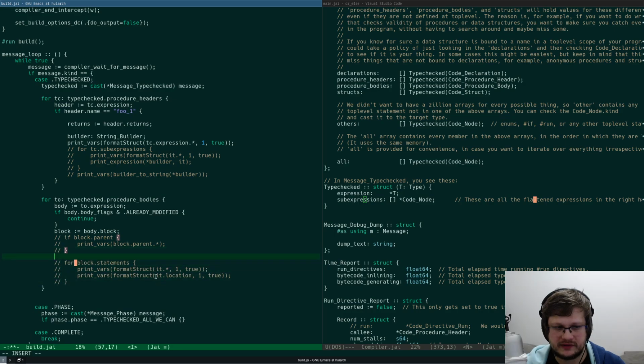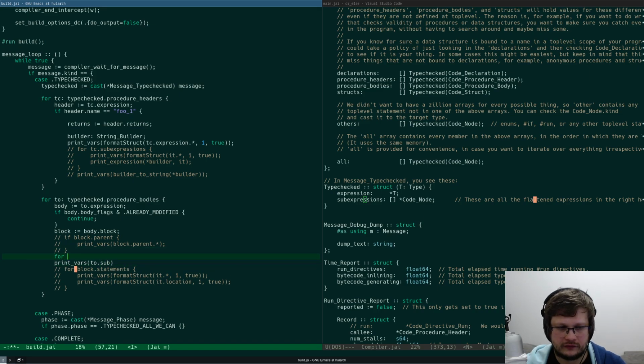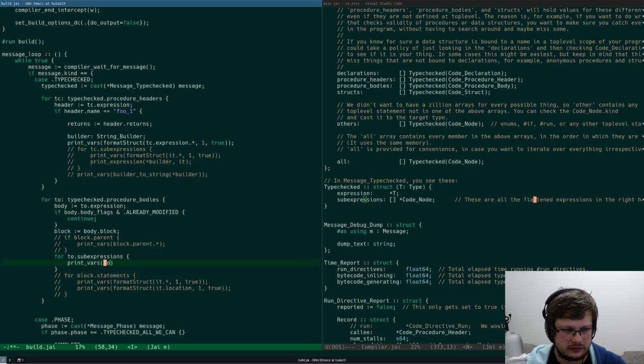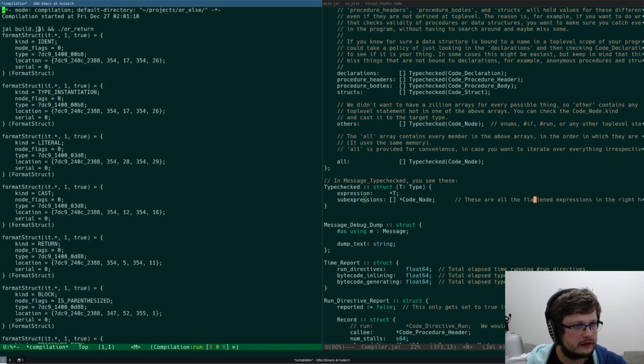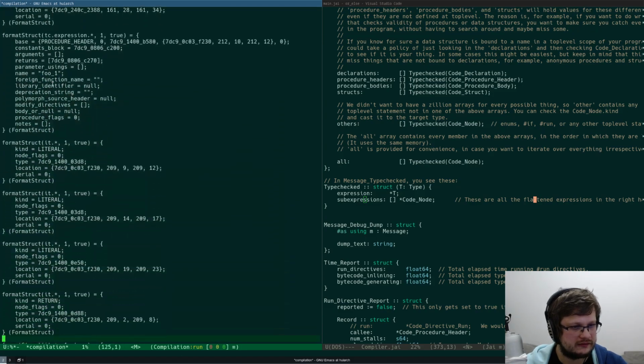Maybe I don't print statements, maybe I print vars of the TO sub expressions. So I have, okay, this is foo.